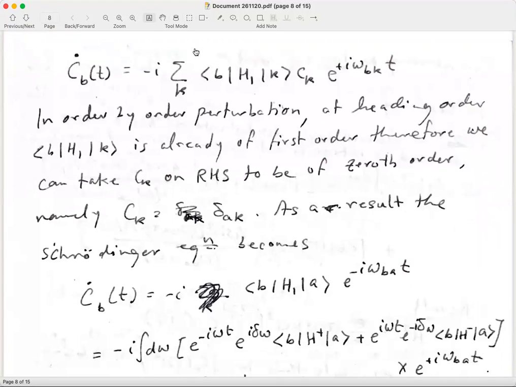Now what we are going to do is solve this equation iteratively, order by order in perturbation. To do that, we first realize that this amplitude, since you are looking for a transition, clearly the state k written here and the state b written here are not the same. So if those states are